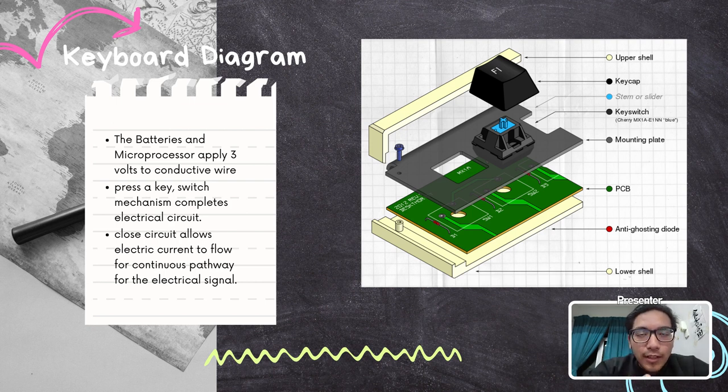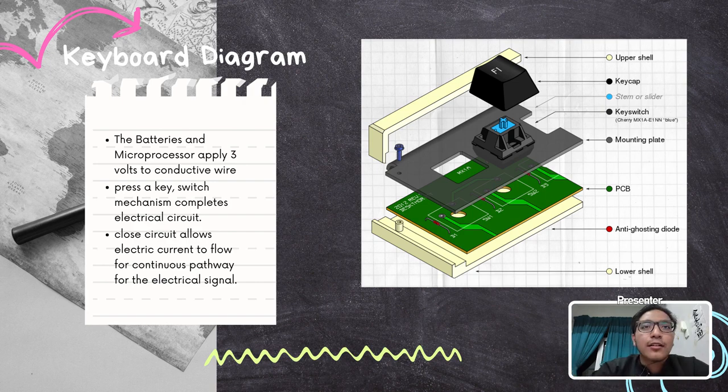So when you press a key, the switch mechanism completes an electrical circuit. This mechanism consists of 2 conductive elements that are separated by a non-conductive gap. That's why we need the plastic sheets, so they are separated by the non-conductive gap. In resting position, the conductive elements are not in contact and the circuit is open. However, when you press the key, the conductive elements come into contact, closing the circuit. This closure of the circuit allows the electric current to flow through the switch, creating a continuous pathway for